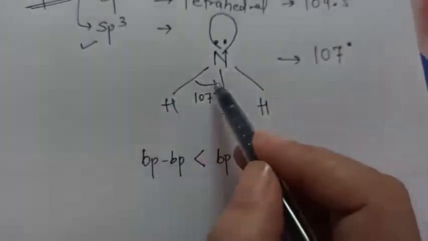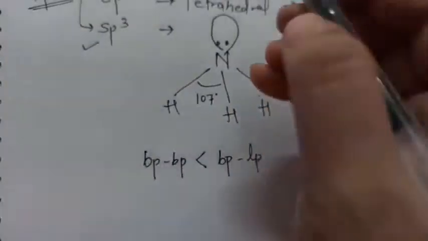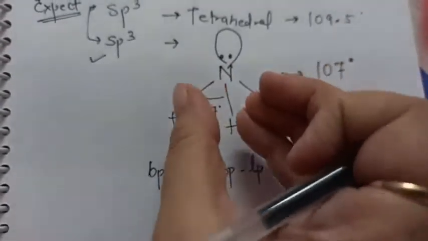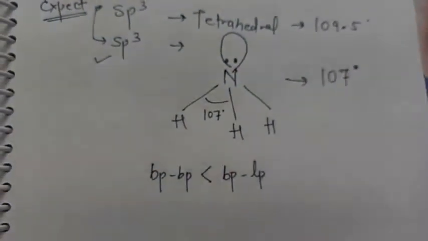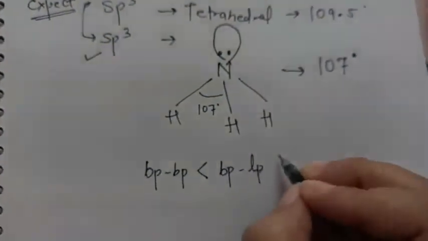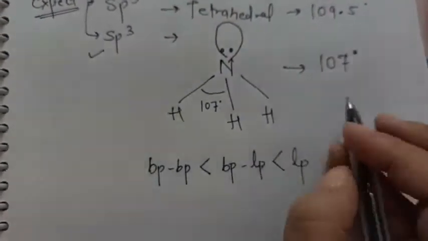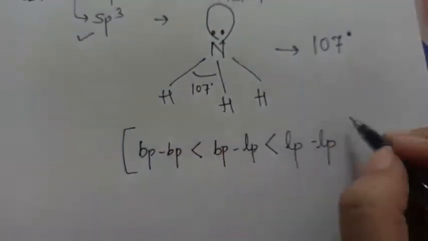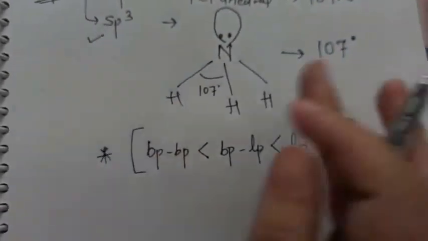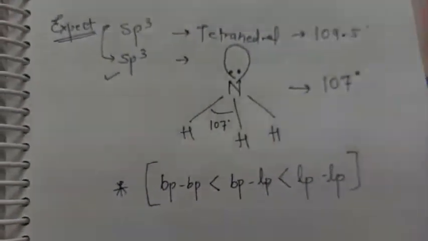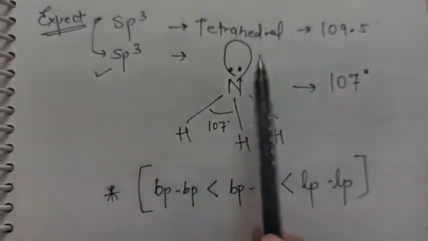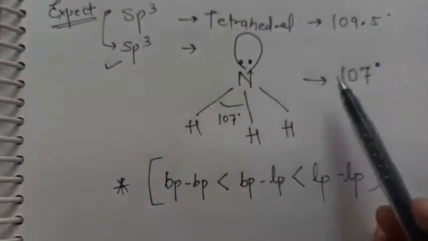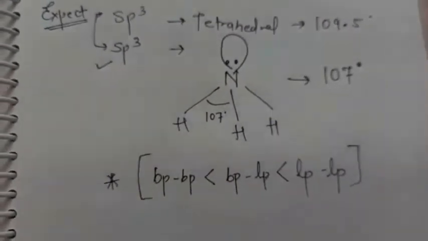That is why these bond pairs will come close. The bond angle becomes smaller because the repulsion from here is very high. So these three bonds shrink and come close together, and the lone pair wants to remain away from the bond pairs. And now we'll see the next case in water. This bond angle will further decrease because you will see two lone pairs. So this point of VSEPR applies and gets proved over these examples. So I hope this is clear. The hybridization is sp3, but geometry is not tetrahedral, it is distorted tetrahedral. Okay, and then bond angle is also reduced to 107.